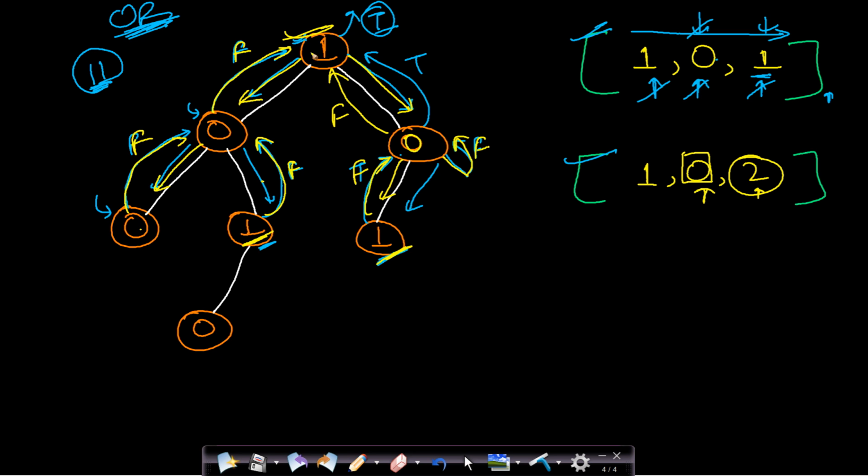Now this one is receiving false from both ends. So this will also return false, saying that there is no path 102 starting from the root node 1 and ending at the leaf node 2 which is present in this binary tree. So this answer will be false and this will be true.